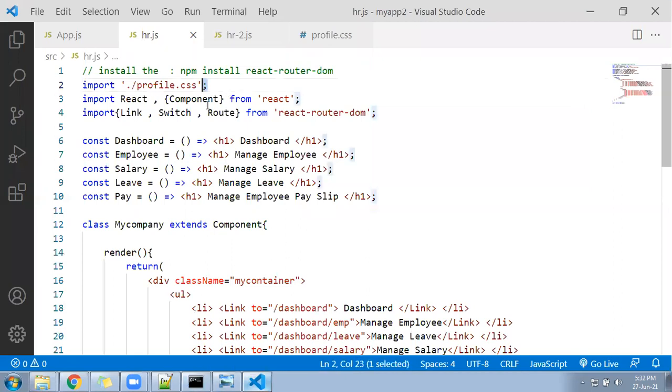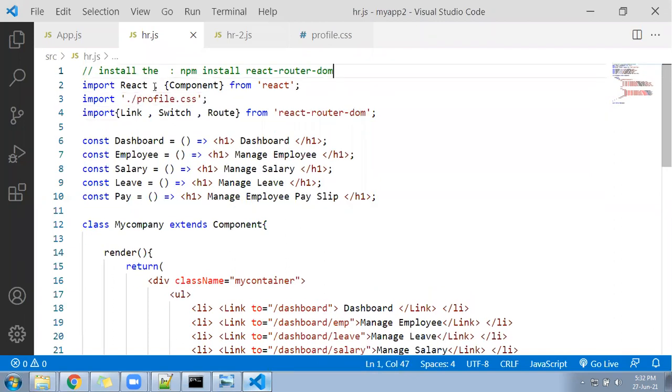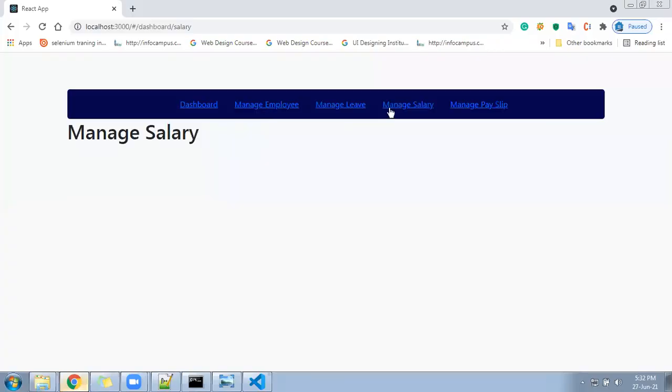Okay, maybe I should cut this line and paste it here, some compilation error was coming. So now I have imported my CSS file here, profile.css, from the current folder. And see guys, this is the page that has come now.